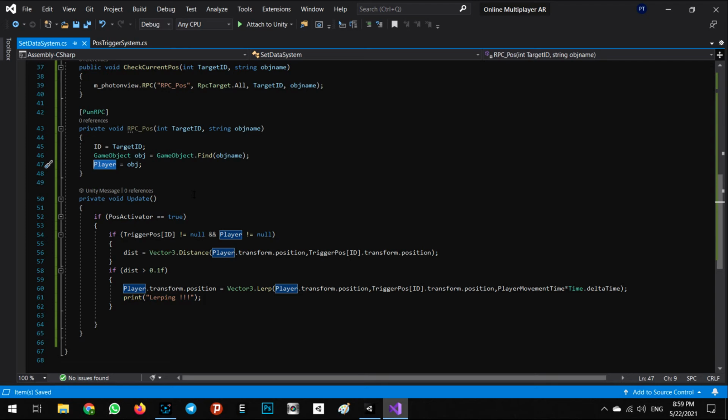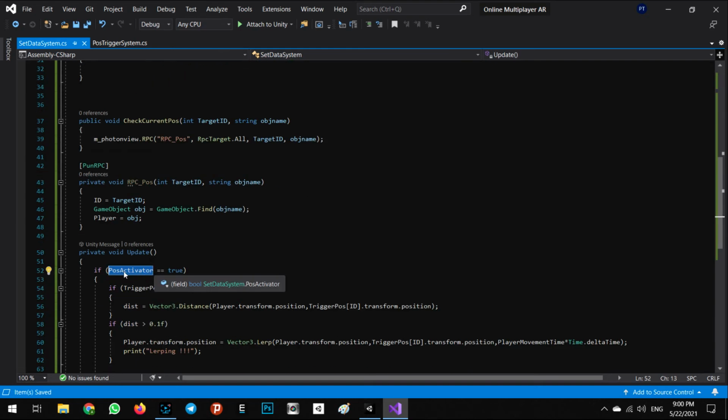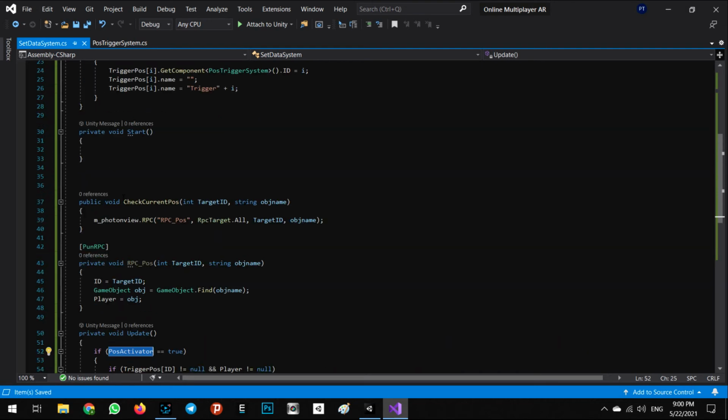So we say at the first time, at the first of the scene launch, the pose activator is equal false to keep the Update void from working improperly. So we say okay, let's activate this variable after we are sure the Photon network made a new character in the scene. So we say okay,